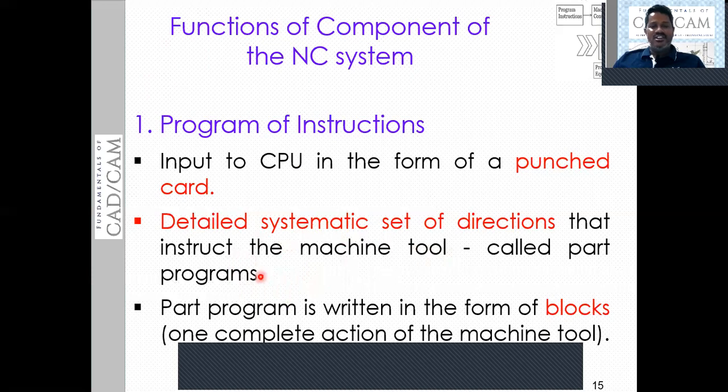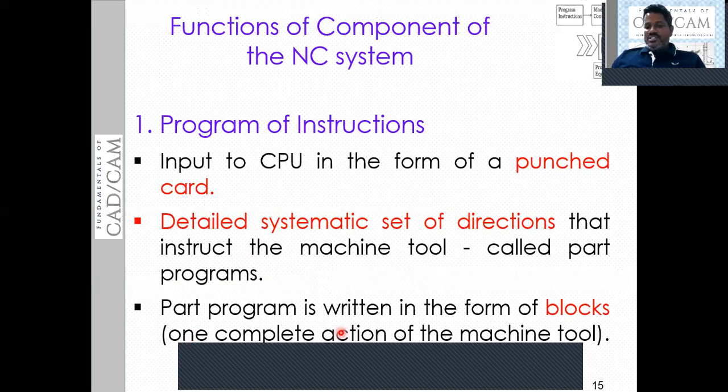Those instructions are called the part programs. The detailed systematic set of directions that instruct the machine tool is called the part program, which is formed by using alphanumerics as well as symbols.